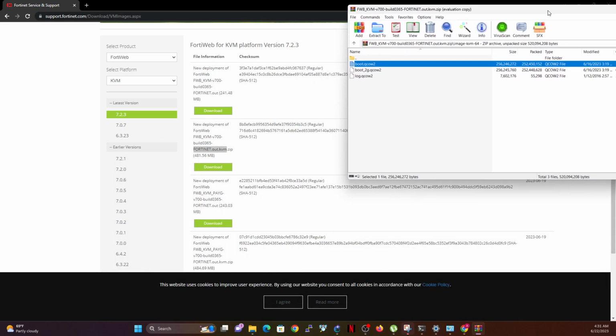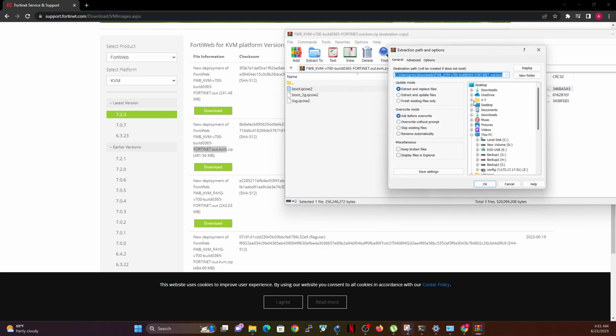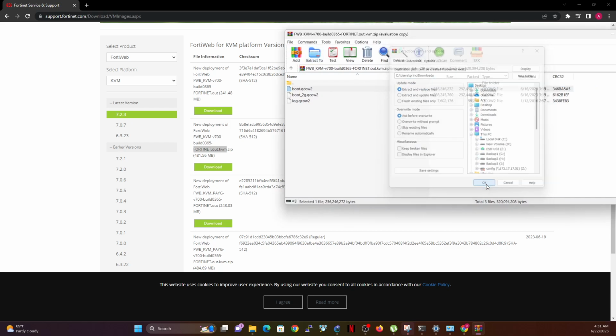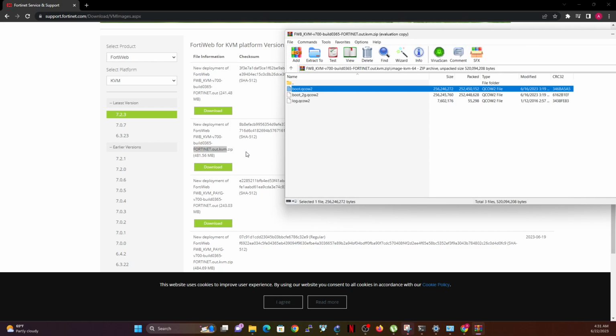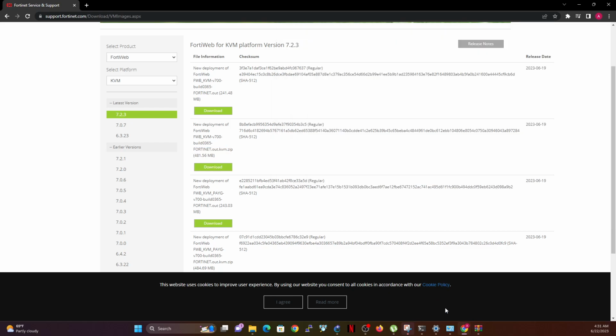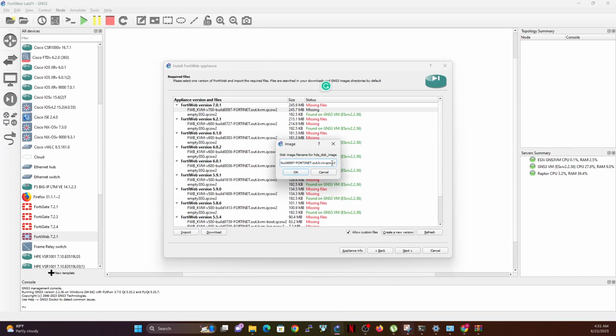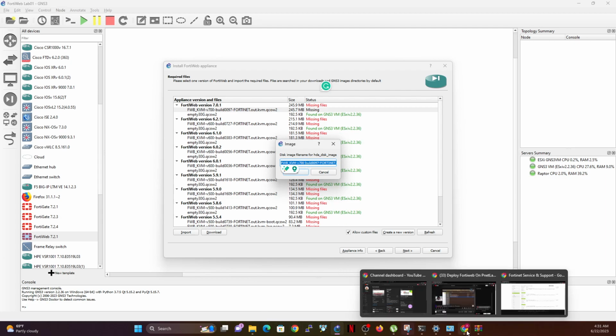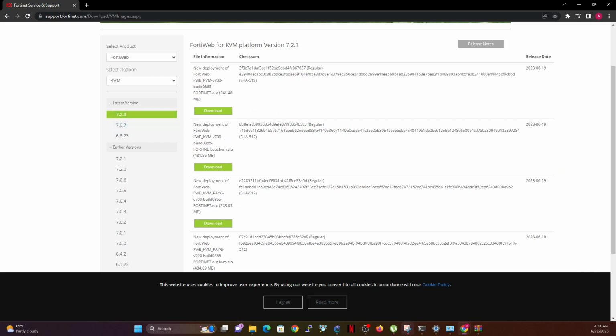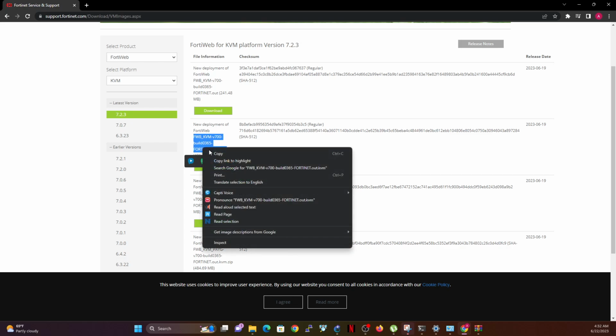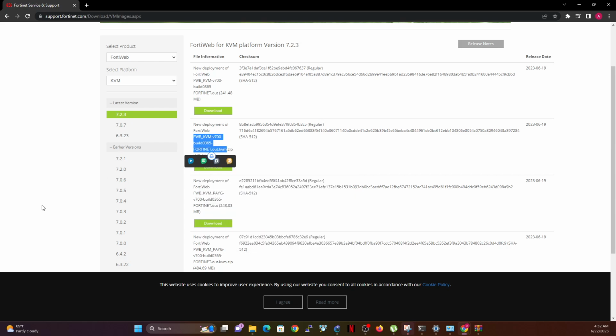The build number is 0365. So what I can do is, when I extract this, let me extract it into one of my folders. I'm going to rename the file to look like the format of my GNS3, which is more like this. So I'm just going to go back to my download page and then copy this. But make sure that you end it with KVM, because we're going to have it renamed with the qcow2.